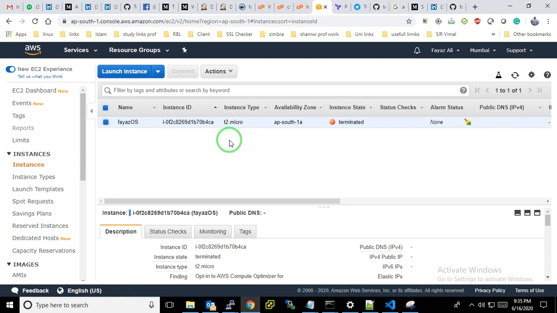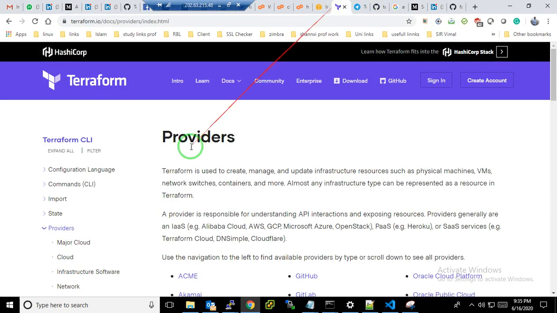So I want one platform where I write the code. Terraform is a very great tool that works with multi-cloud or hybrid cloud. So Terraform is a tool where I just have to write my code simply. It's a free tool.